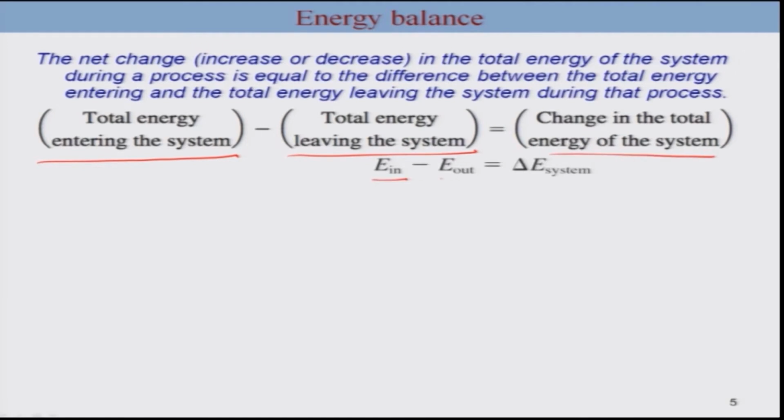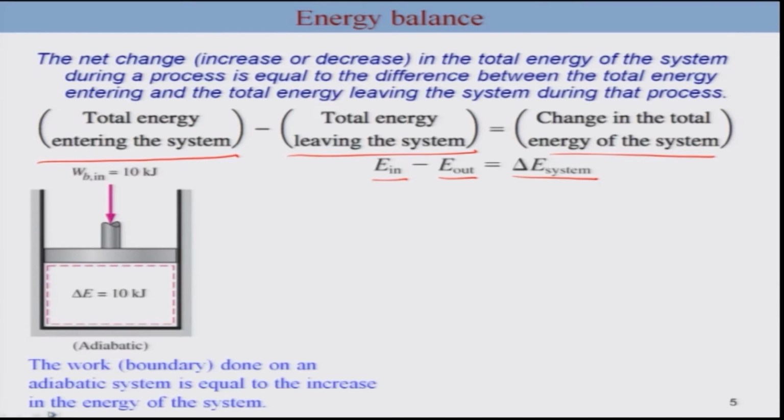So it is E in minus E out equals delta E system. We will talk in more detail about what E in is, what components constitute energy in, and what delta E system is, the energy of the system. This is something which we will describe more in detail. You can use this expression to find delta E of the system for the case of an adiabatic system